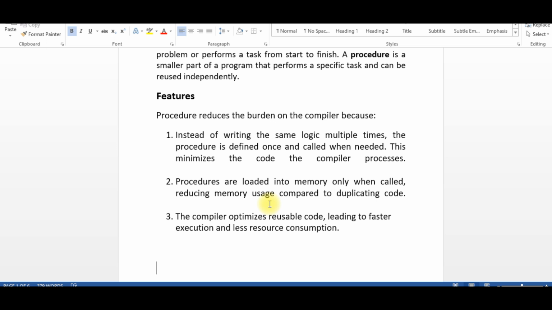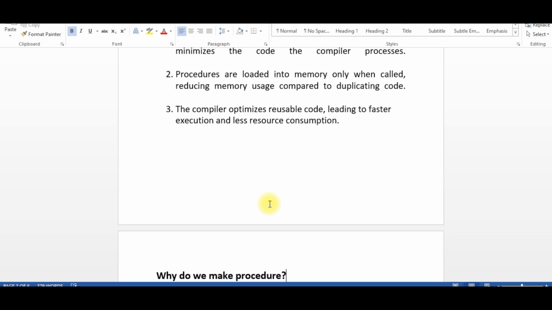As I told you, memory is allocated for it, so procedures are loaded into the memory, and then they can be recalled again and again. Then the compiler optimizes the reusable code. For example, the procedure has been used earlier, so the same procedure can be used again and again without